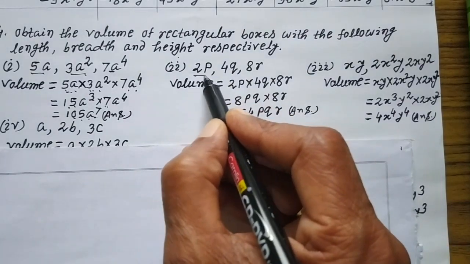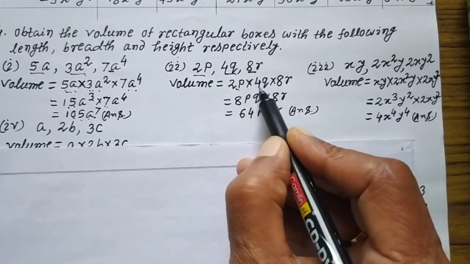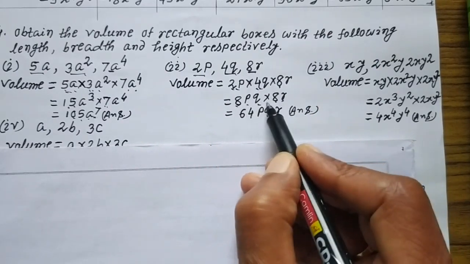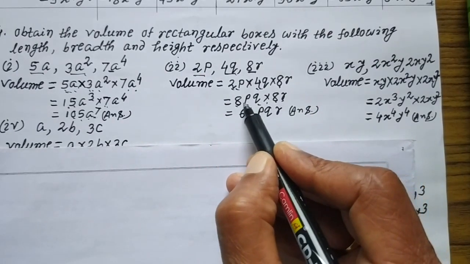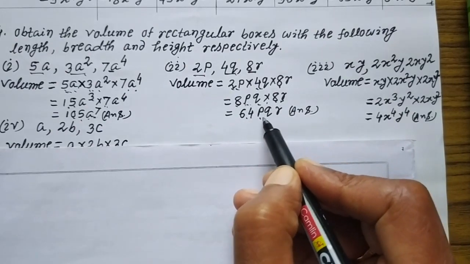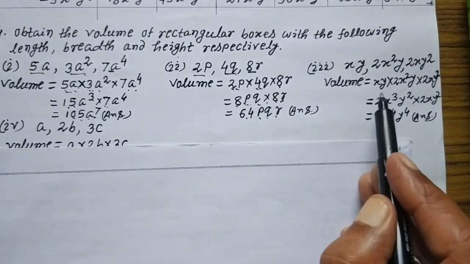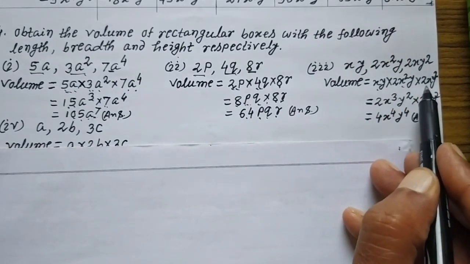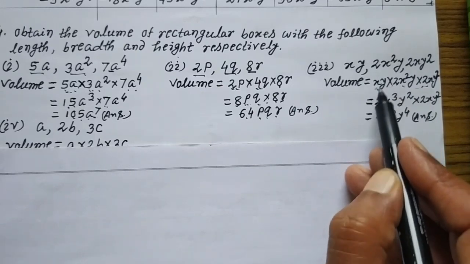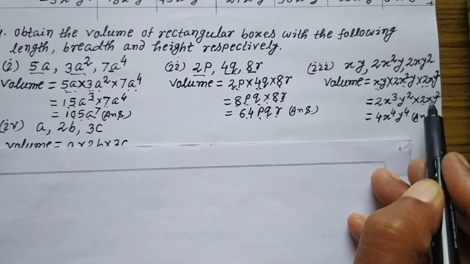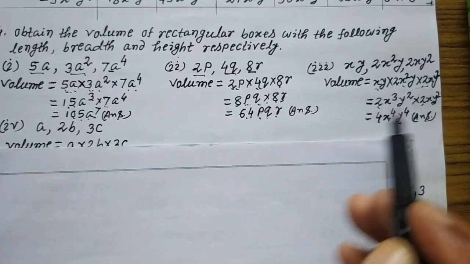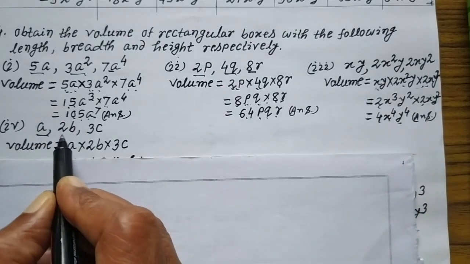So here the length, breadth and height, so it will be length, breadth into height. 4 2 is 8. Okay, 8 pq, 8r, and 8 is 64 pq. All variables are not the same, so all variables will be adjusted here. P and q adjusted. So here length into breadth into height. That is the coefficient, multiply the other 2 and x cube y square and 2x square y square. Then you multiply 4 x4 y4. That is the result.